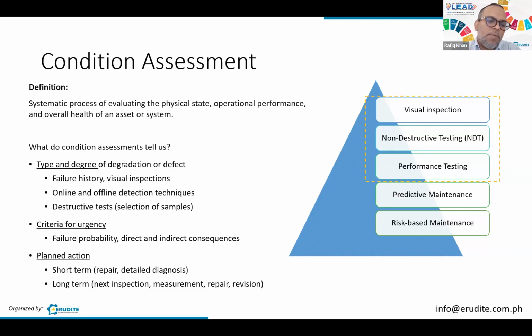You want to be able to trend, let's say 2 months from now or 6 months from now, whether this degradation is getting worse, or is it at a stable rate? And then what is your next plan? You need to do measurements during this kind of inspection also. Partial discharge, for example, can give a good identification. Thermal measurements, infrared. Sometimes we do repairs also for long term, and then revision, whether we need to replace or do other things to the system.